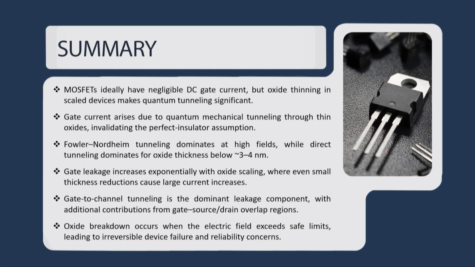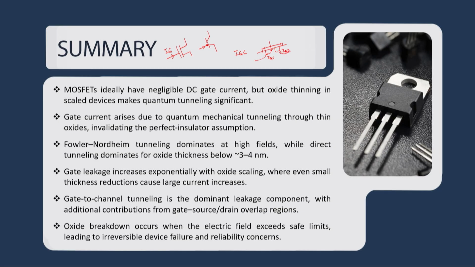So let me summarize this lecture. In this lecture, we have discussed DC gate current. We said that in an ideal MOSFET there is no gate current, and this is a good advantage we preferred over BJT, whereas in a scaled MOSFET there is a significant amount of gate current. In general, in a MOSFET this gate current has two components, one is IGC and one is